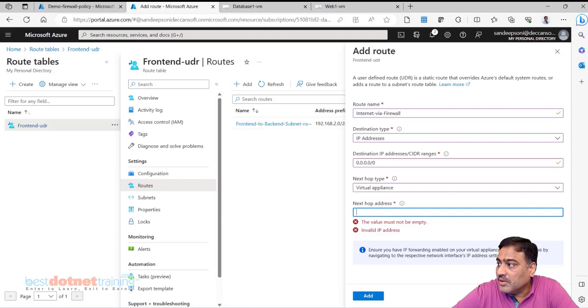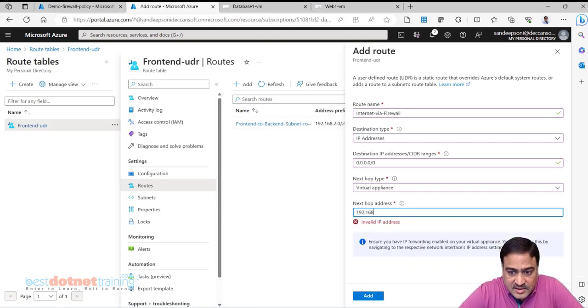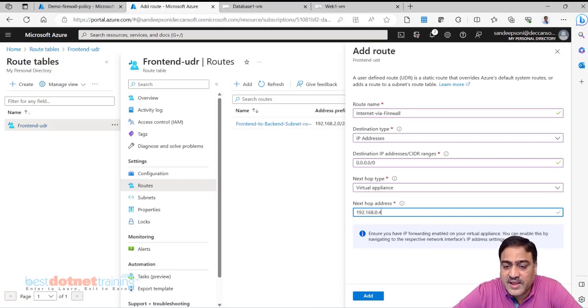It will be 192.168. Now what is the subnet we have used? 0.0. So 0. The first resource I created in that is 4. 192.168.0.4, which is the IP address of the firewall.